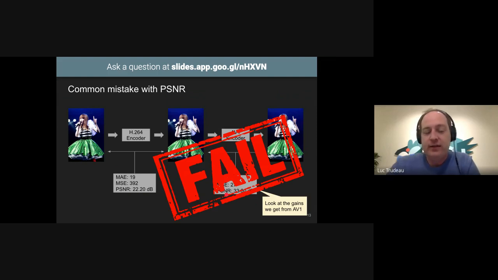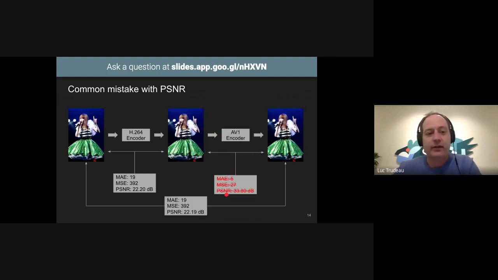You can't do that, right? This is a common mistake I see. The AV1 here is not giving you 10 dBs more. What happens, if we remember our surfaces from before, is that you're not comparing to the same surface anymore. So what you should be doing is measuring from your AV1 image to your reference image. Then you would get a score of 22.19, and that's about the same as 22.20. So you have the same image, right?